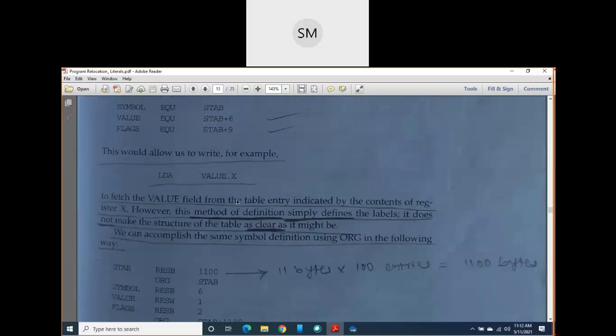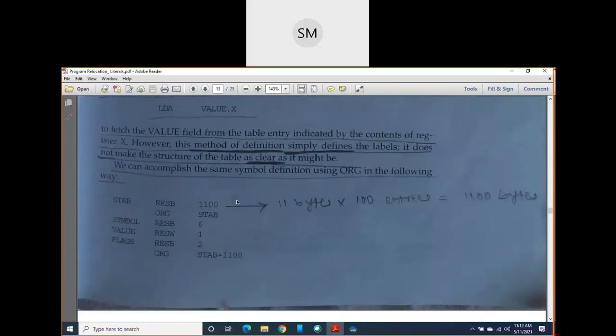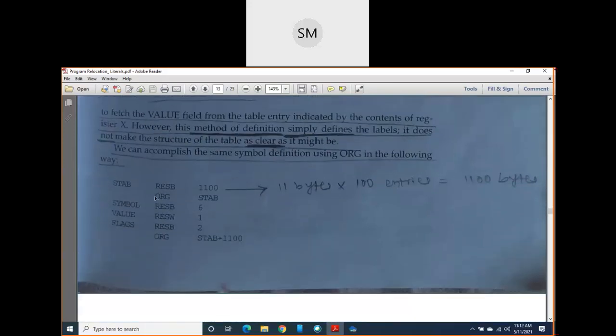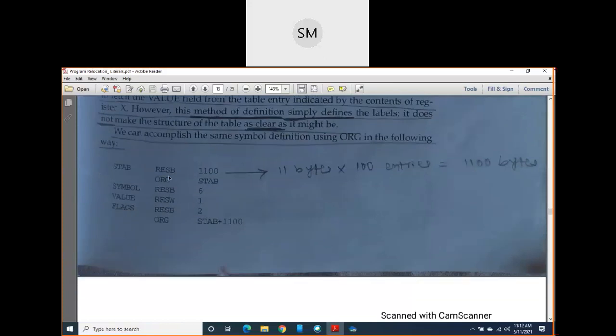If we want to make it more clear, then instead of using equate, we can use the second assembler directive, that is ORG, origin. To do that, we are going to define these labels by using ORG. We can accomplish the same symbol definition using ORG also in the following way.